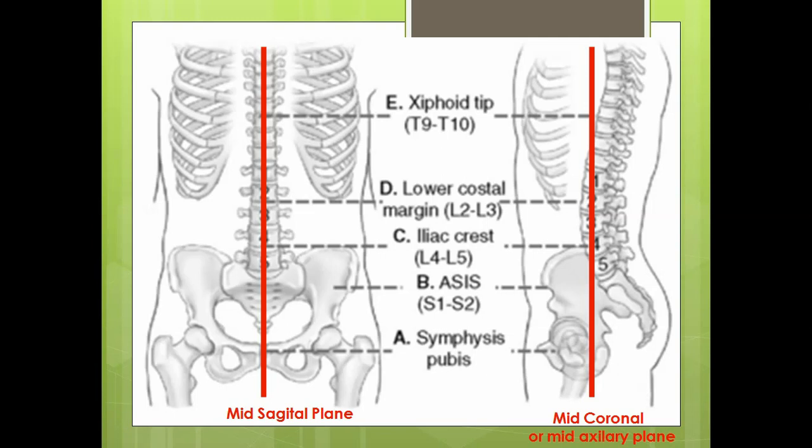Then it comes to the symphysis pubis. In the same way, when the patient is lying down, you can touch at this level and see this is the prominent place. You can see the arrow mark. So there is the symphysis pubis. The lower border of the cassette should be at the level of the symphysis pubis, and the upper border should be at the xiphoid process. So these are all the landmarks when you take abdomen radiography. These landmarks are very important.